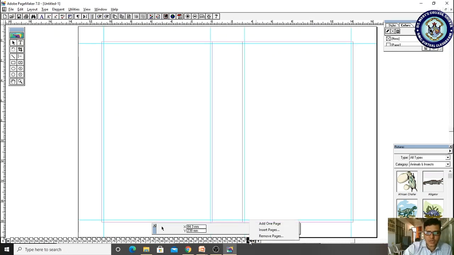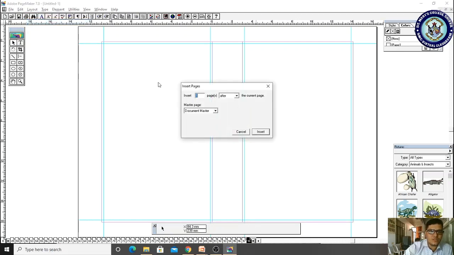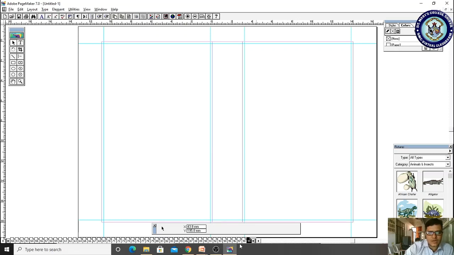Here in the Layout menu it is also possible to insert pages, and you can specify the master page, and you are also supposed to specify the page after which to insert. Suppose I want to insert one page, and I have already selected page 98. Let us see where it will be added. It will be added as 99.